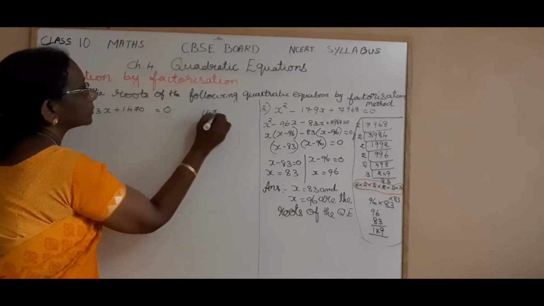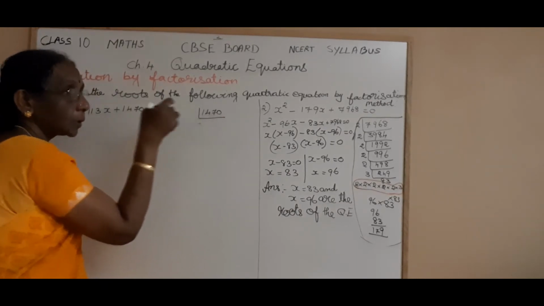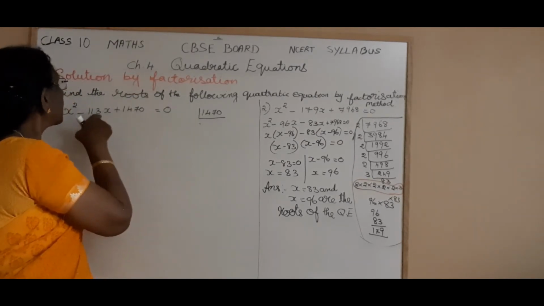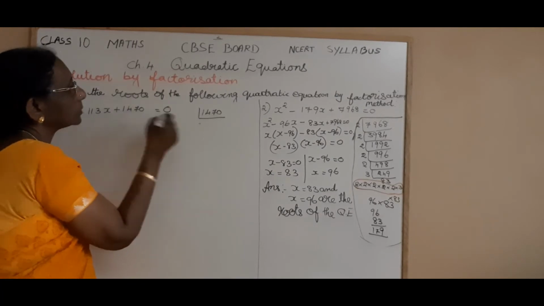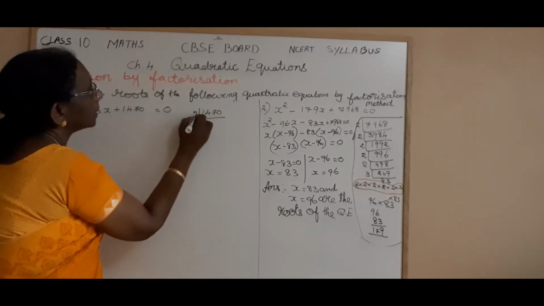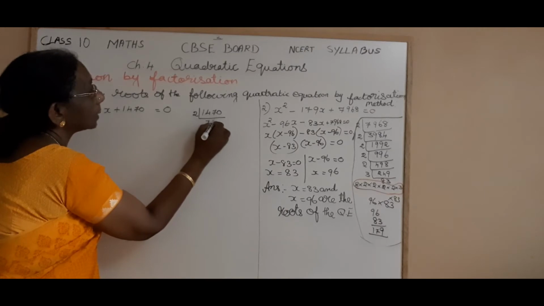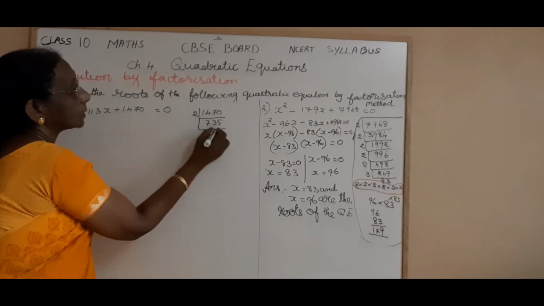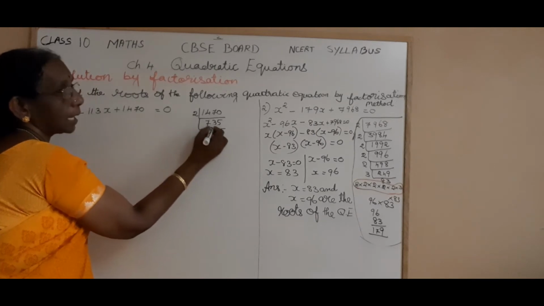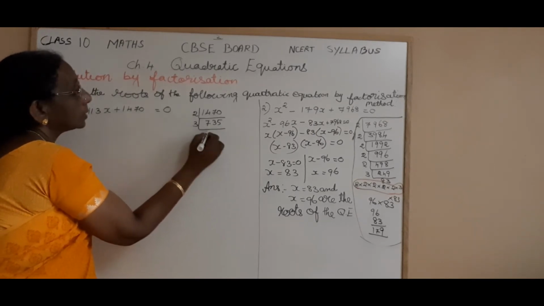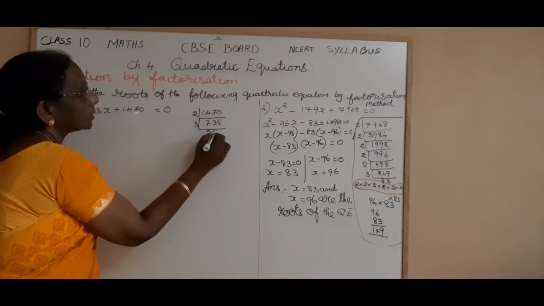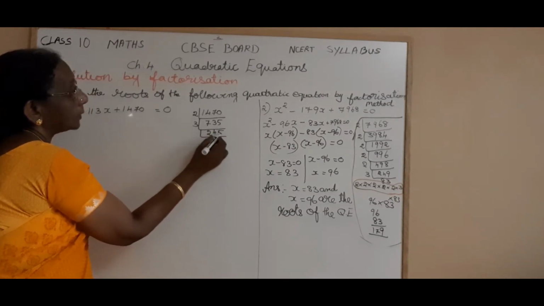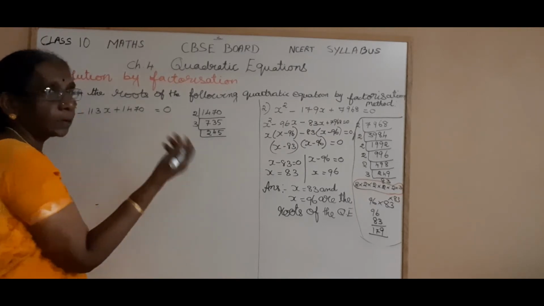Now next step what? Factorize. If you are not able to group this factorization, then you move to that step. Okay. Check the unit place of this. Now here it is divisible by 2. 7 2s are 14. 3 2s are 6. 5. Again now it is not divisible by 2. 10 plus 5 15 divisible by 3. 3 2s are 6. 4 3s are 12. 5. Again 5 plus 4 9. 9 plus 2 11 not divisible by 3.